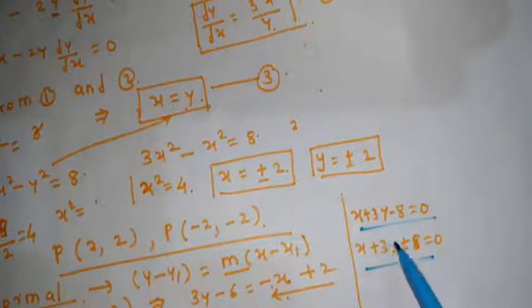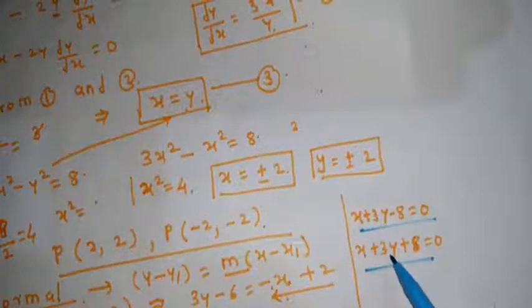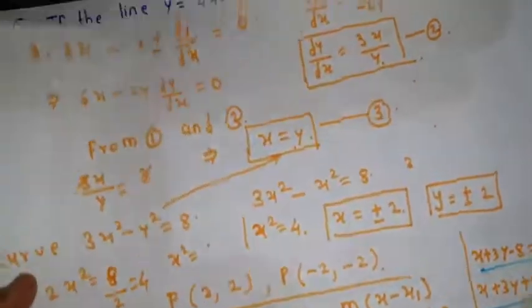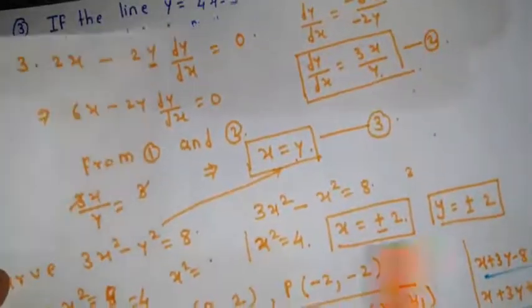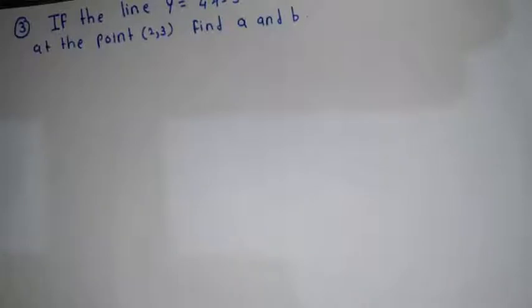See, the lines are parallel here, because here a1, a2, b1, b2 are same, only the c term is different, hence the lines are parallel. Two equations of normal, the lines are parallel. Okay students, in this way we have found out the equation of normal to the curve. Okay, now the next example is